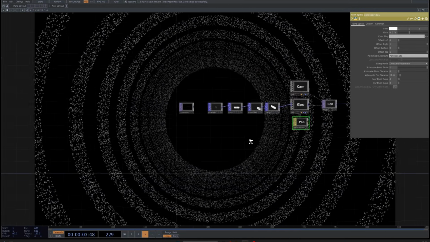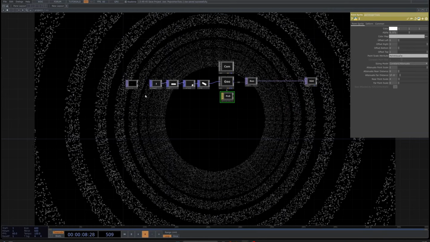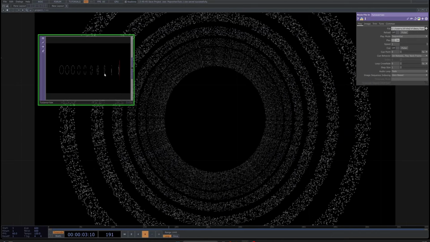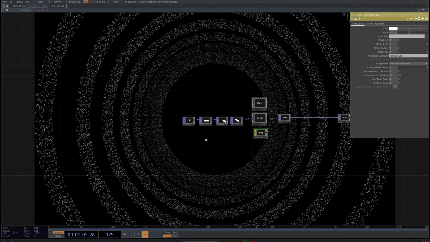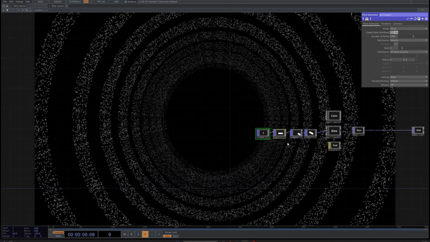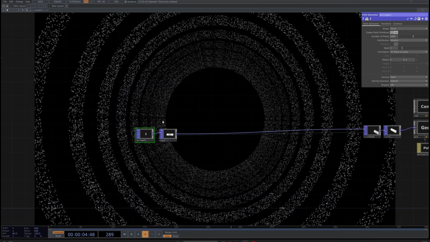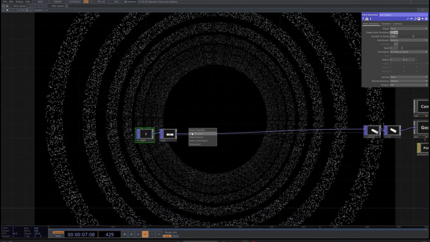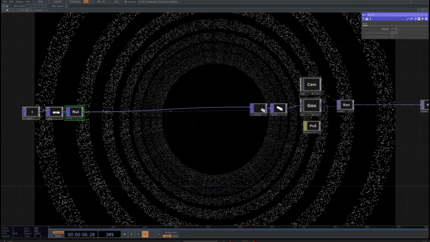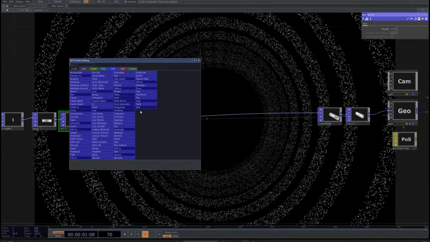So now our vortex is already working, but we already made this so far, and what I want now is to really create the particle effect, like the trail effect. So I'm going to give some room between the transform and the copy, and I'm going to add a null here to create the particle system. I'm going to add first a particle top,